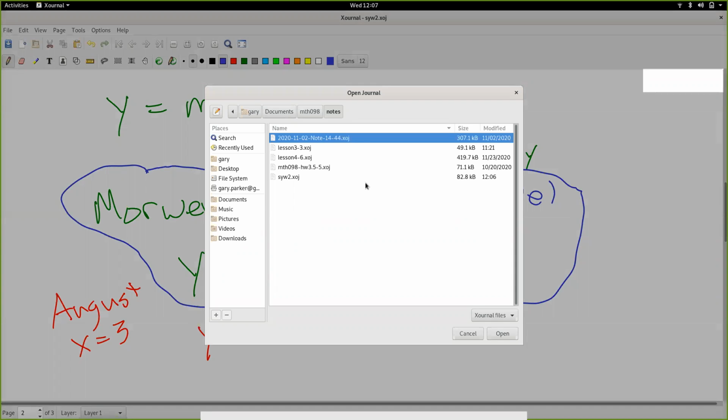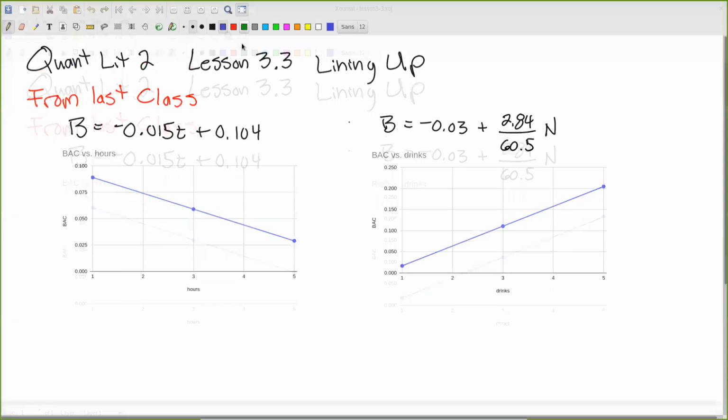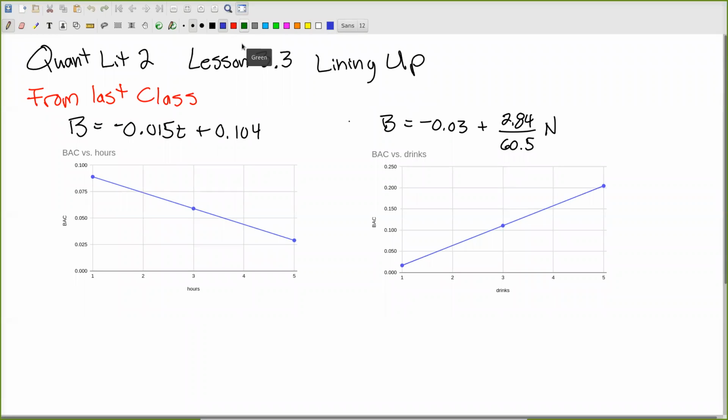And today, lesson 3.3. Okay, here we go. Can you see my written notes at the moment? Yes. Okay, cool. So the theme for today's lesson is lining up. Oops, that's the eraser. How did I do that? Okay. This is lesson 3.3, and before we get into some of the details for this lesson, let's look back